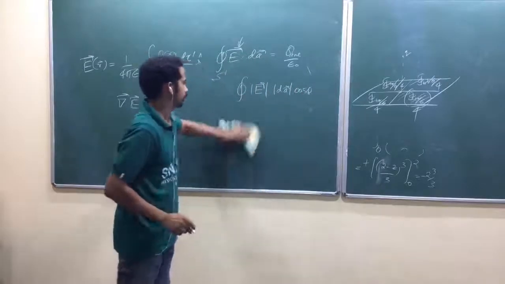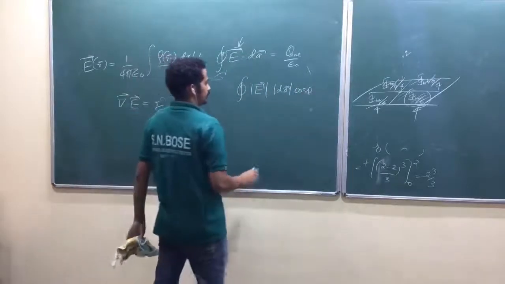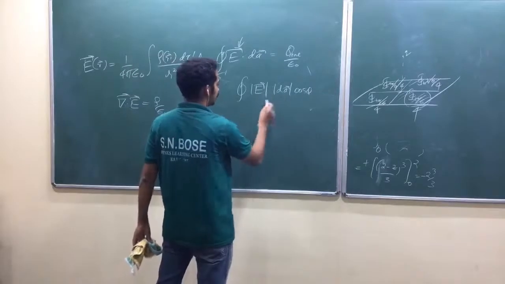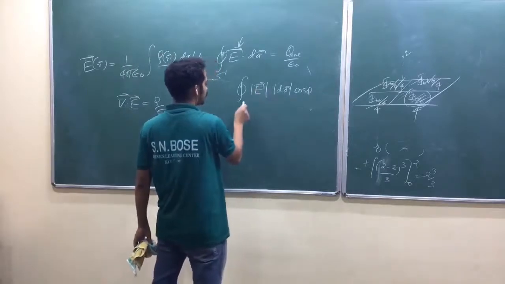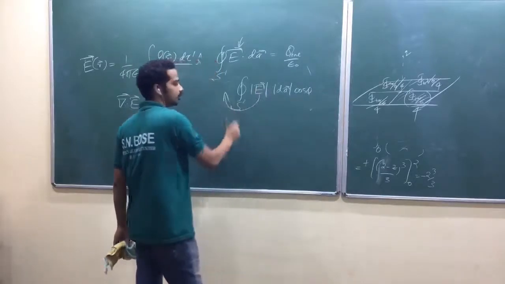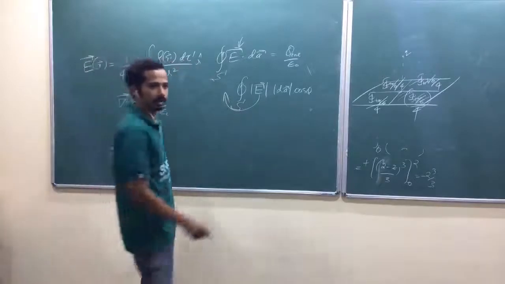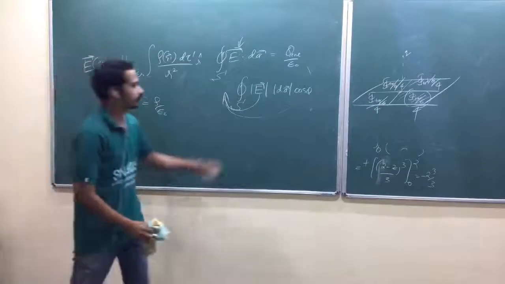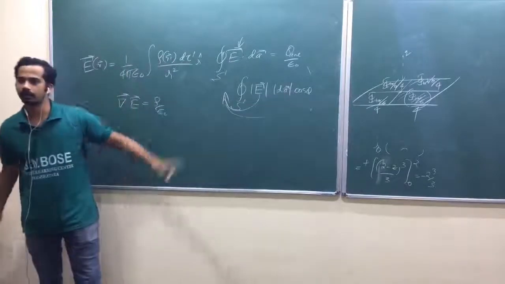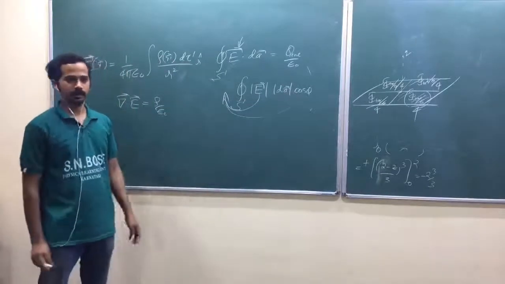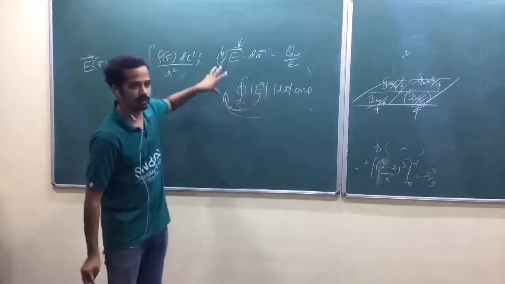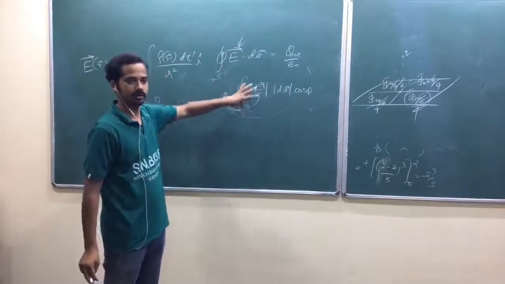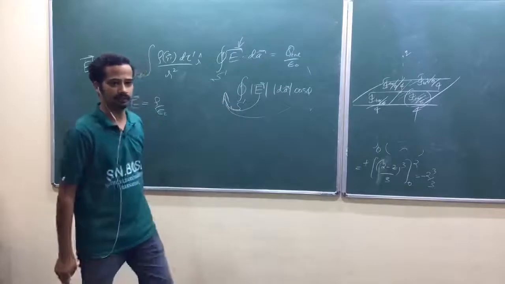Now look here. If this electric field is constant throughout the surface, I can take it out of the integral. Again, if cos theta is also constant, I can take it out of the integral. And I can just do the area integral. That's our total area of the surface. And in that case, the electric field comes out, isn't it? We can use Gauss law to find electric field.